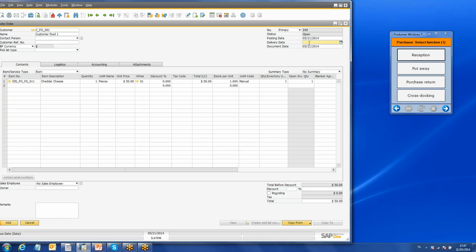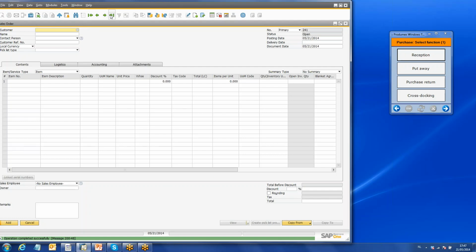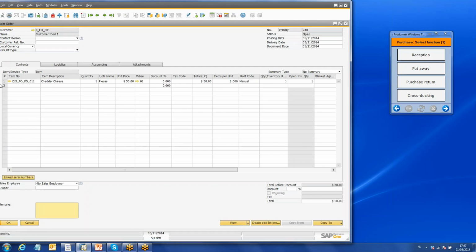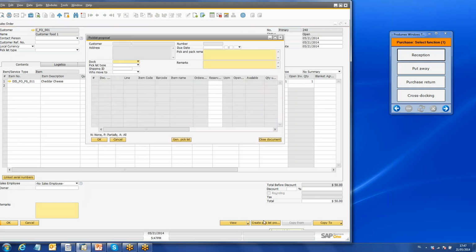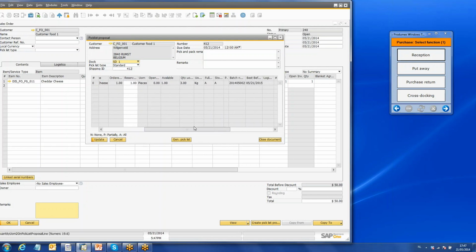Now, the difference between purchasing and sales is that if you add a purchase order, it's transferred automatically to the RF terminal. In case of a sales order, you will have to create a pick list, so an electronic pick list. So if we ask the sales order again, I can then ask for a pick list proposal, and then the system will check, okay, is there sufficient quantity of this product available? And it says, okay, it's available, so we can fulfill this sales order. And at that moment, I can generate a pick list, and that will be transferred to the